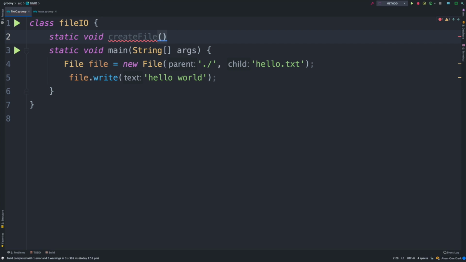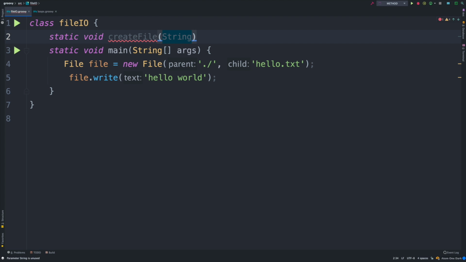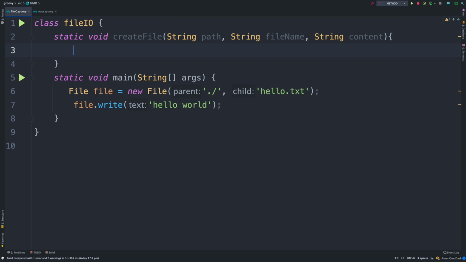Then use parentheses. And what we need to give this function is a path, a child, and a content to write. So we can use those as arguments. I'm going to start by defining a type of an argument, which would be path, comma, and then string fileName, string content. Okay. Next, we are going to create the logic.